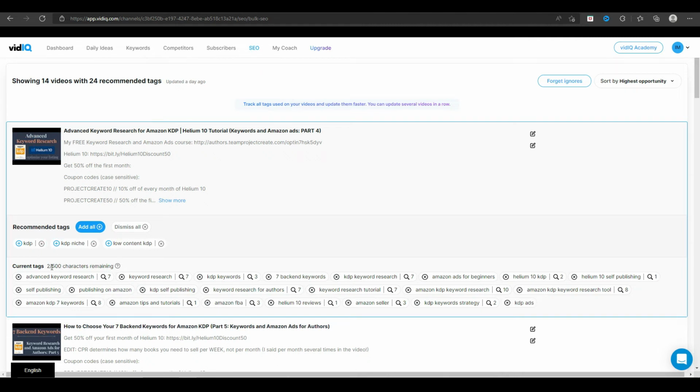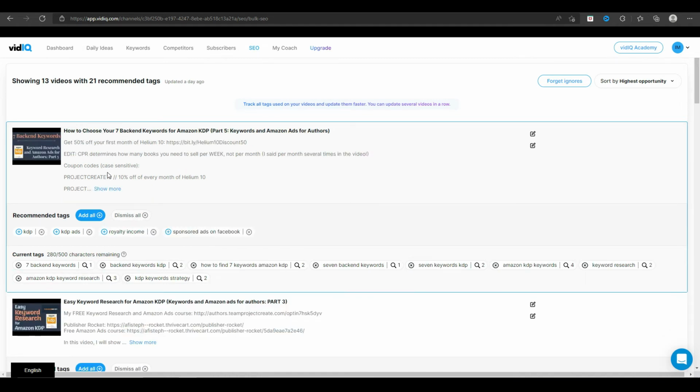Since I already had enough space to add that one, I just added it. I didn't have to actually remove another one of these. Low content KDP, that would be applicable. A lot of people who are looking up information about low content publishing do need to understand keyword research for Amazon KDP. So I might take away self-publishing, that might not be as relevant to my video, and add low content KDP instead. So as you can see with that last video, I just hit dismiss all, and that cleared